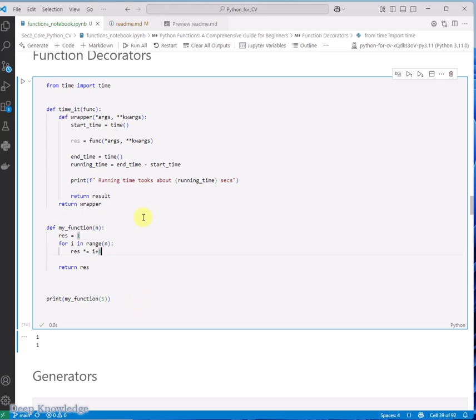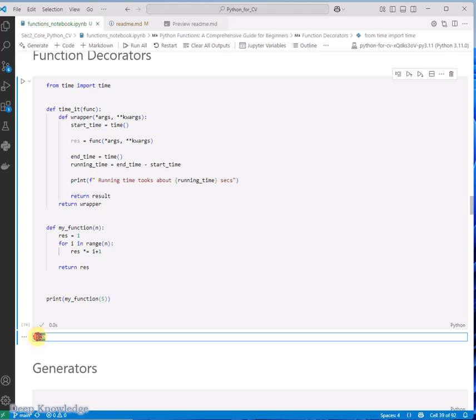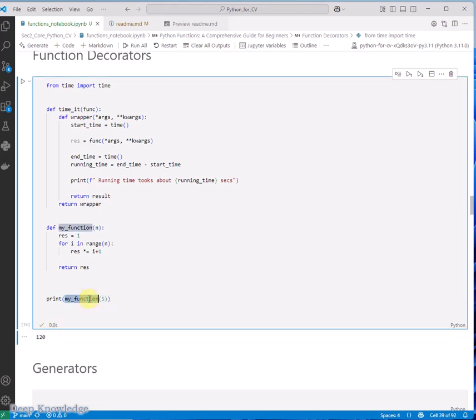And I think I already covered this for the for loop. So now let's run this, and you can see 120. And now, if I add the decorator here, this is the function I have called, and you can see I have this time in,